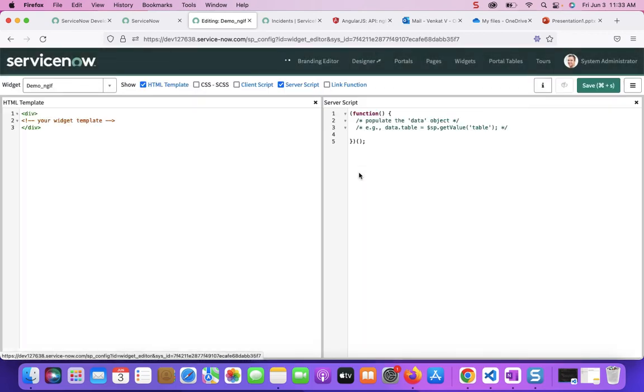The use case that we are going to do here is to query the incident table to get the incident records, and we are going to display them in a table in the HTML view. That's the use case for this ng directive demo. Let's call our GlideRecord on the incident table. So var